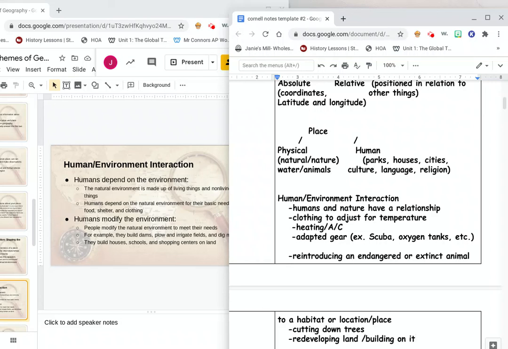Illinois used to be an extensive prairie, and people cut down the prairie land in order to build homes and cities and highways. And so a lot of the animals and plants that used to live in Illinois have gone endangered or are extinct, or they've adapted and they now live very different lives than they did a couple hundred years ago. For example, coyotes are roaming in different areas, and they didn't used to have to go through streets and such. So you see a lot of deer and coyotes now getting hit by cars.